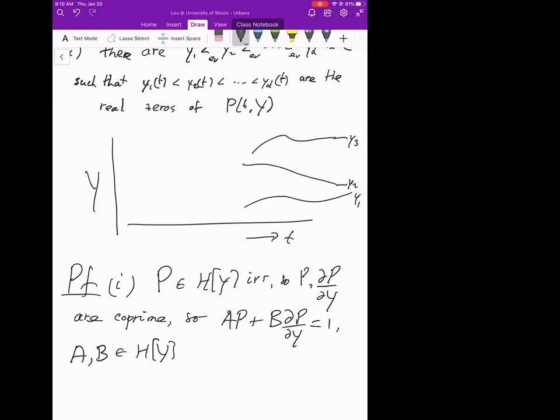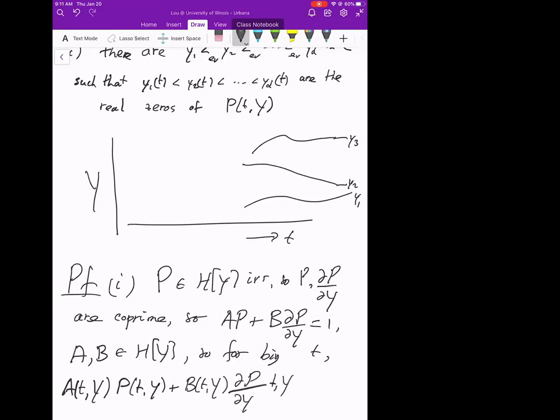And that means that for big t, A(t,Y) P(t,Y) + B(t,Y) ∂P/∂Y(t,Y) is 1,